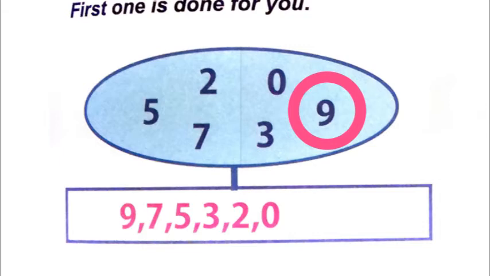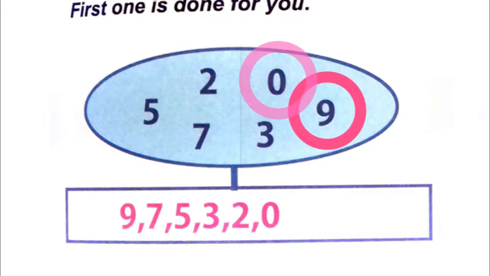Now in the previous video I sent you, they tell us to write the biggest and the smallest number. So the biggest number is 9 and the smallest number is 0. So you can write 9 in the front and 0 at the last. So keep the middle empty so that you can fill in the next numbers. So after 9, what is the next number? Now we are counting backwards. So after 9, what is the next number that will come?